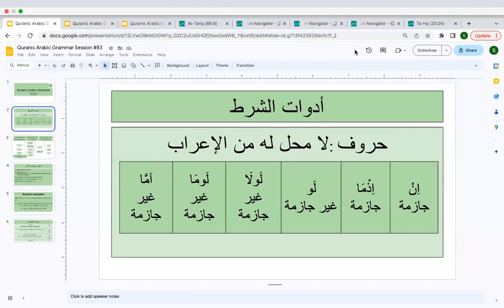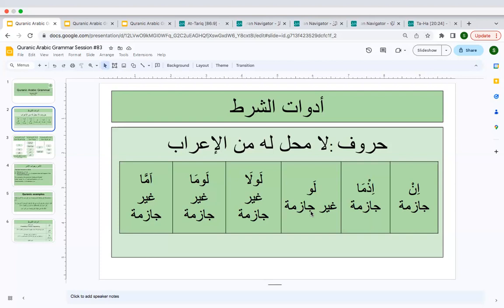So we have already learned that there are advatu shart that are haruf, and then there are advatu shart that can be an ism. When it comes to advatu shart that are haruf or harf, there are the following: in, idha, law, lawla, lawma, amma. So just to put everything in a systematic manner for you, I've just created these slides